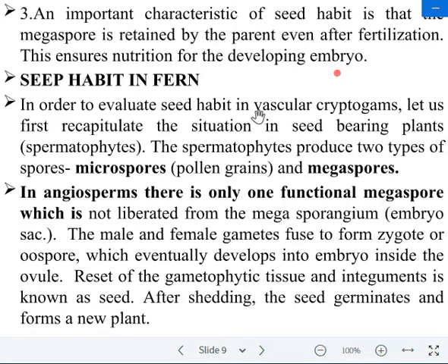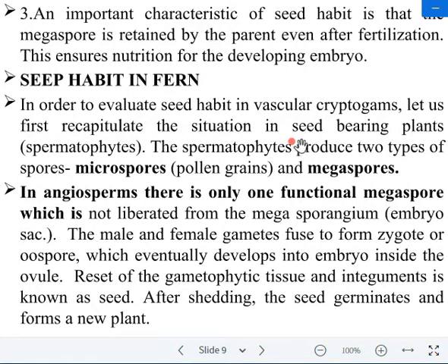Now we will discuss how the fern represents the seed habit. How the fern is very close to seeded plants. It is reported by pteridologists that in some cases of the ferns such as in Selaginella, there are some diagnostic features reported which are very similar to seeded plants, similar to gymnosperm and angiosperm plants. In order to evaluate the seed habit in vascular cryptogams, let us first